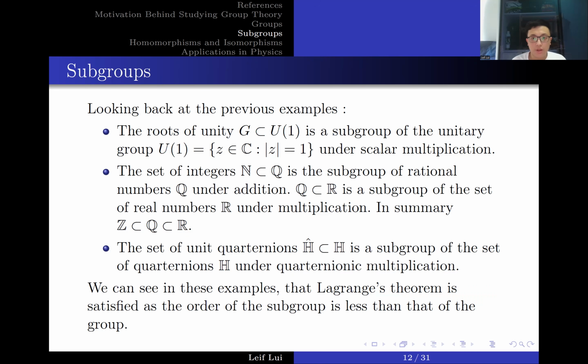And in a physical context, I did read about this the other day. What we can think of is that the natural numbers. Oh, sorry, this should be integers. This should be Z. So there's a mistake here. This should be Z as well. So these two should be Z. But it doesn't really matter.